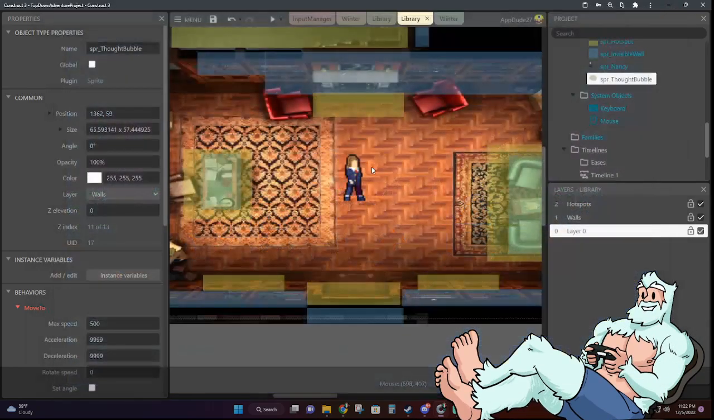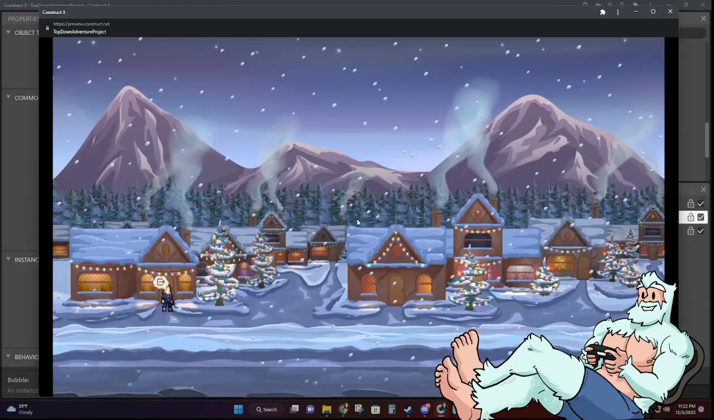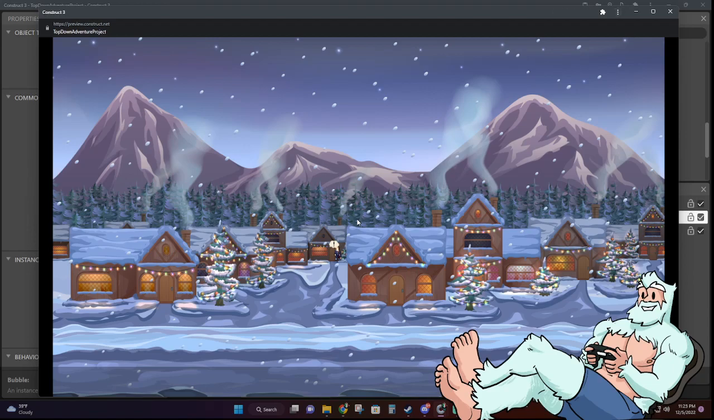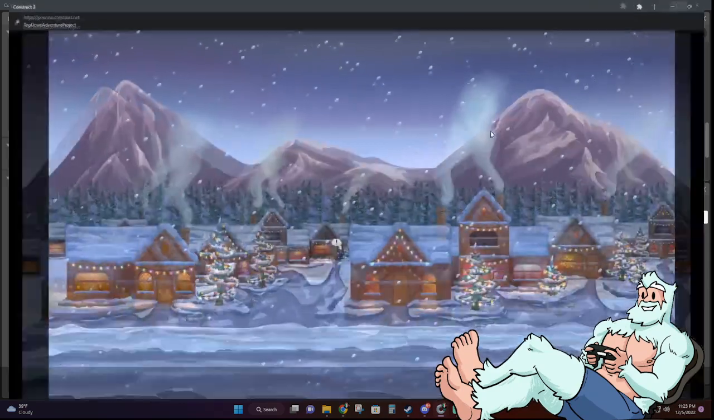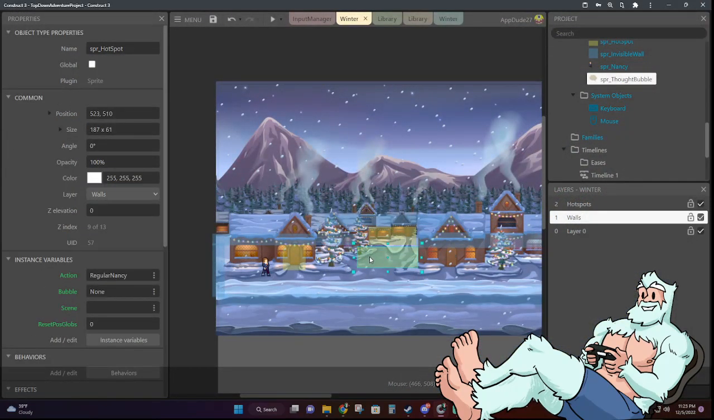Let's say, for example, we wanted a bubble further away. Let's see how that would look. So let's try, instead of none, we'll do shock, and just see how that looks. I think that looks good. I think the bubble is still big enough that you can still see it, and it looks good. So yeah, and then I need to fix that. So it's set to none, and then